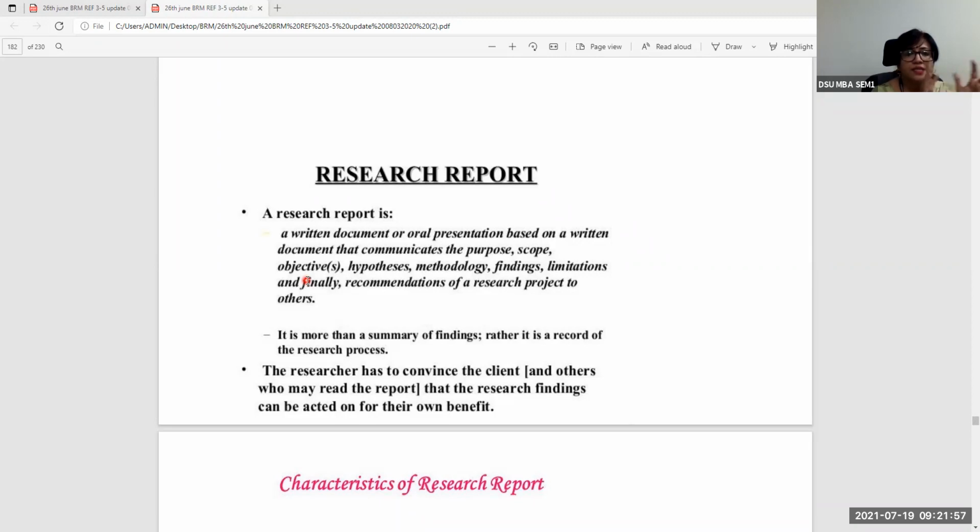So basically it is a summary of the findings, and it is not just a record of what is happening. From beginning to end, the researcher will create a written document. This is like a technical report. It is not a news report. It is very formal, more professionally done, and it requires a little bit of systematic effort in drafting the report, because the research report must not necessarily be something in summarized form.